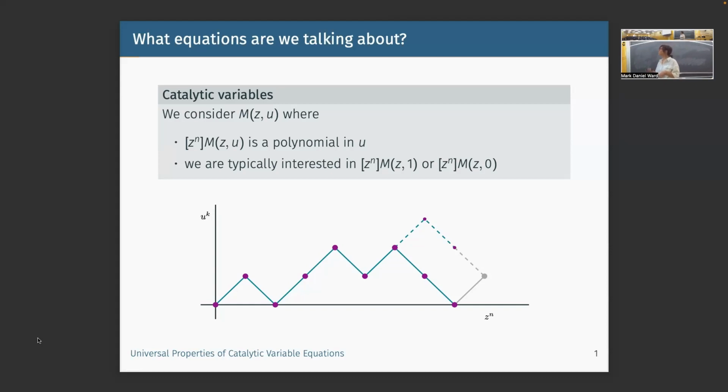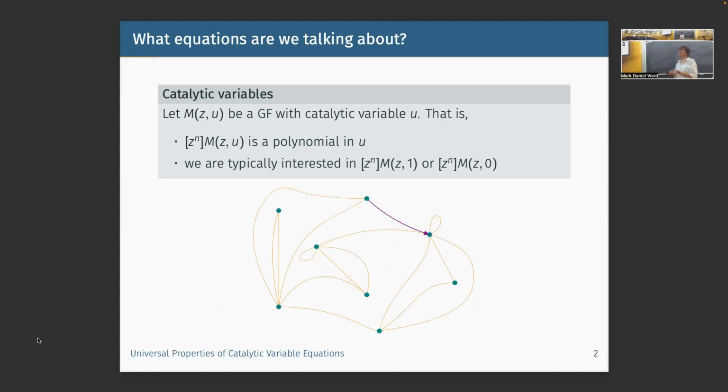So for example, here if we have M(z, u) mark the number of steps that we would make in a walk in the quarter plane, where we are allowed to make diagonal steps up and diagonal steps down, then you could, for example, mark the height at which we end. And this parameter, this height, is naturally restricted by the number of steps that we do. Now M(z, 1) would be the number of all walks that end in the quarter plane after n steps, and M(z, 0) would be just the walks that end on the x-axis, for example. So depending on what you're interested in,